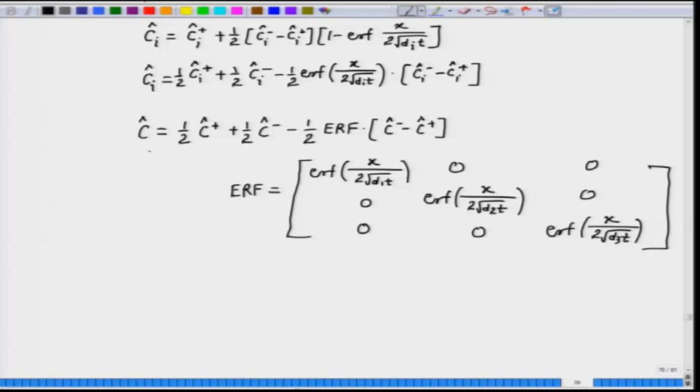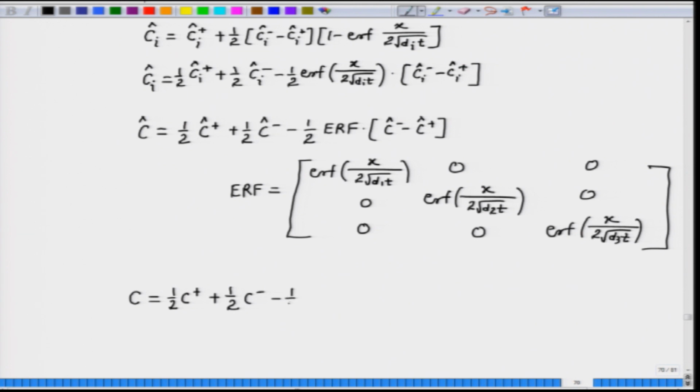If we pre-multiply by P on both sides of this equation, P times C cap is the matrix C, which should be equal to half P times C cap plus, which is C plus, the matrix of independent concentrations of the right terminal alloy, plus half P times C cap minus, which is C minus, the column matrix of independent concentrations of the left terminal alloy,